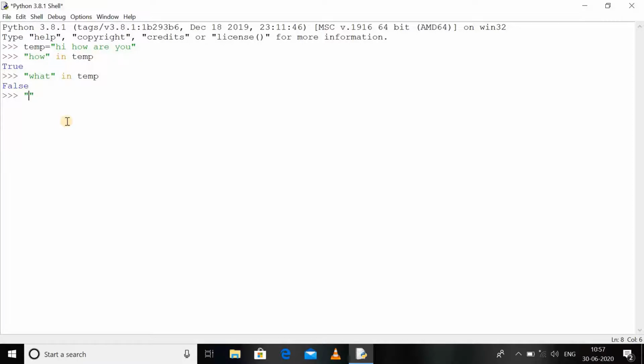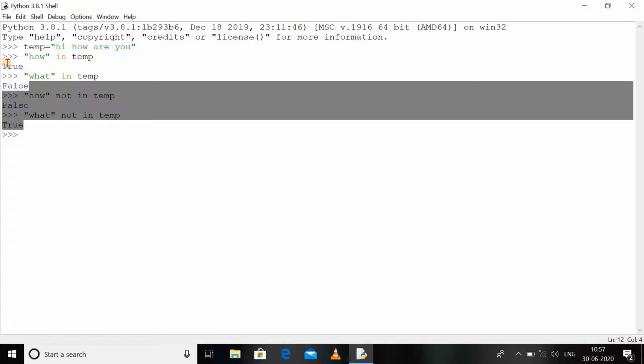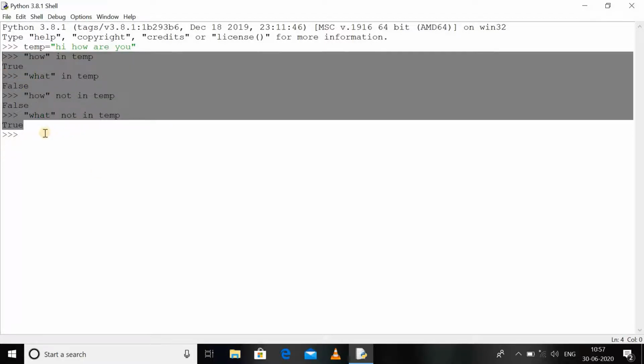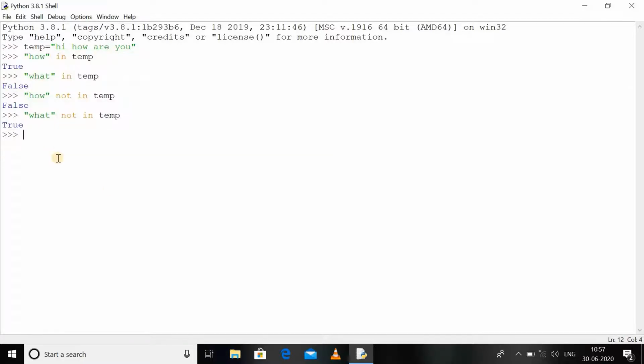So in the case of "how", it will return False, and in case of "what", it will return True. As these operators return the boolean value True or False, we can use them in our conditional operations.